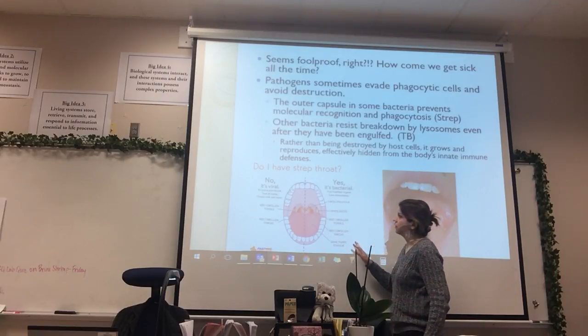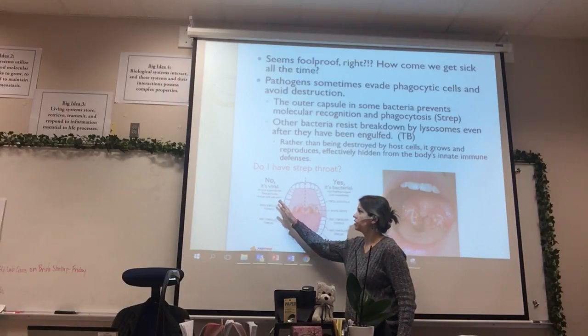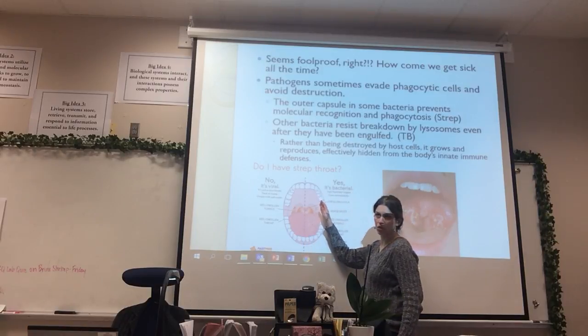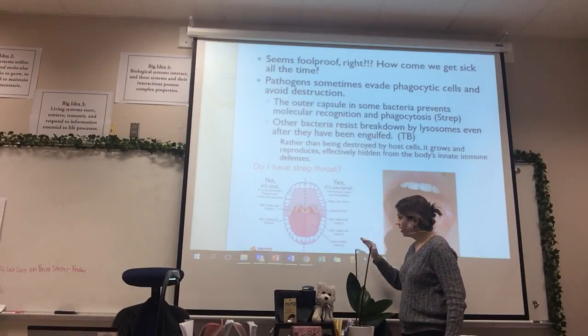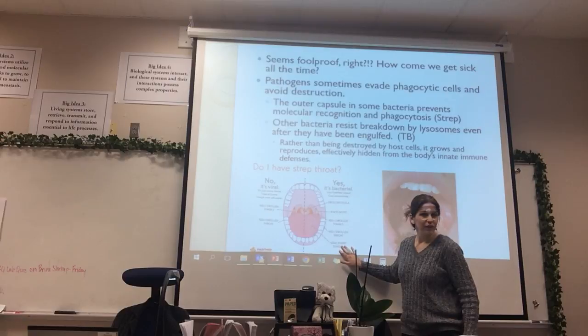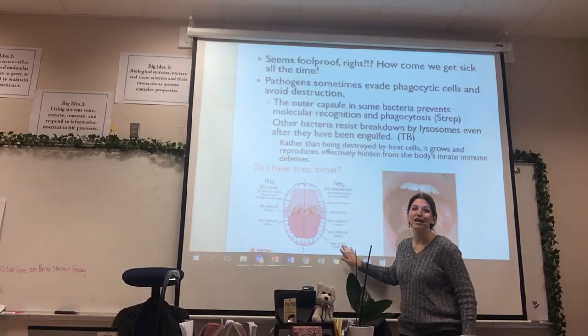I got this off of the urgent care website. This is hilarious to me. Do I have strep throat? It's viral if things are just red and swollen. That's what they suggest. But if you have colonies, it's bacterial. That's when you go, this is what we just discussed. But I love this last symptom. Gray furry tongue. You ever find yourself with a gray furry tongue? That's another good reason to get thee to the clinic.